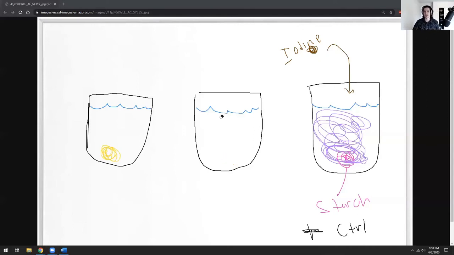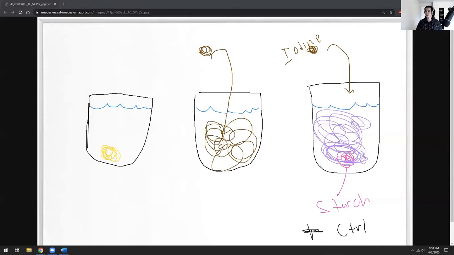Okay. So we also need to know what it looks like when we add iodine to no starch. We need to know what it looks like. So we add iodine to no starch. What happens? We get no result. We need to know what no result looks like because that's our reference point for no result. So this is going to be our negative control.